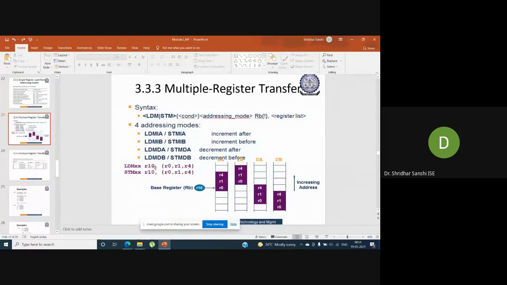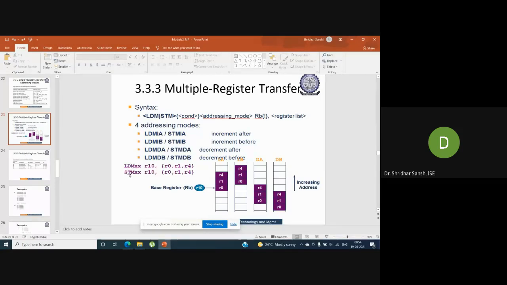From this base address, we will store the first register value. Again, we increment the base register, then store the second register value. Again we increment the base register value, and then store the third register value. Similarly, this applies to the load instruction. The load instruction syntax is LDM followed by the condition.